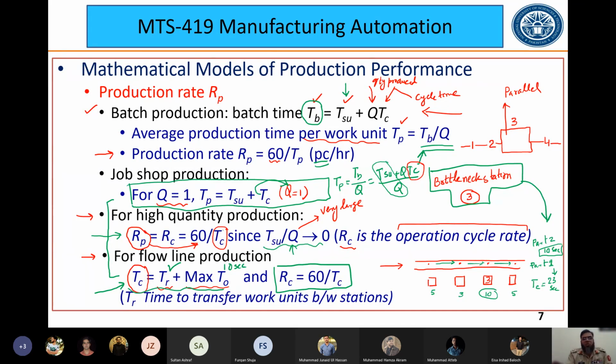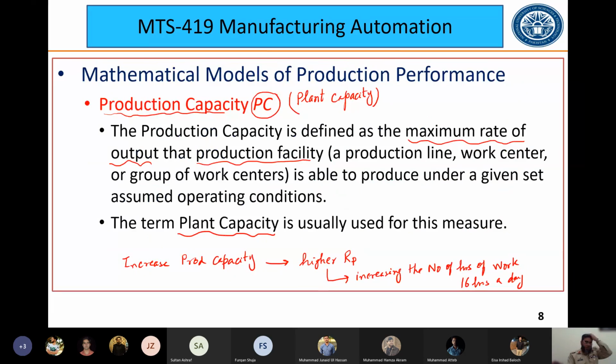All right. If there is no question, so now we are going to define the production capacity, which is called PC, and this is also called